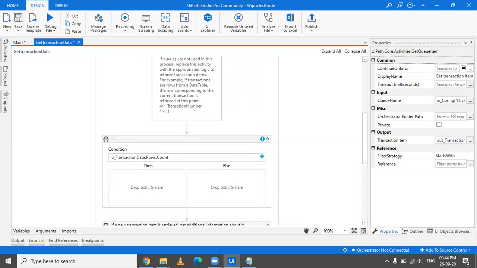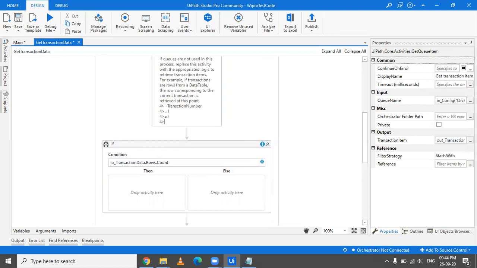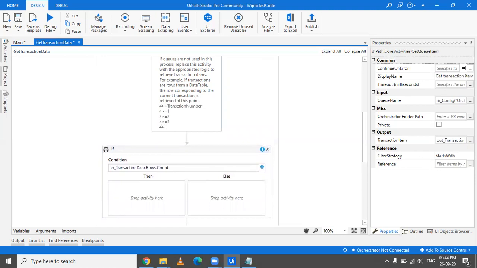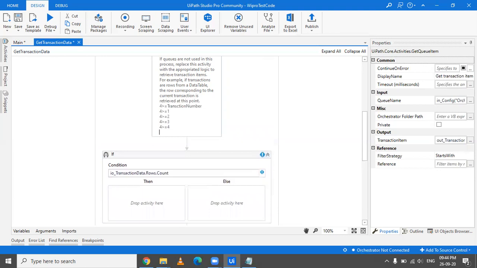Then you will increment your transaction number and you will check 4 is greater than equal to 2, and then you will get the second row value. Then you will increment it again and you will say 4 is greater than equal to 3. You will again get the value. Then you will say 4 is greater than equal to 4. You will again get the value. But next time when you increment the transaction number and now you do 4 is greater than equal to 5, this thing is false.